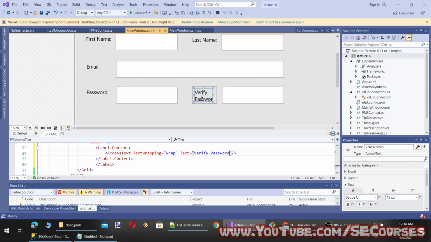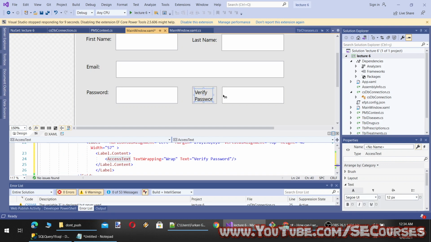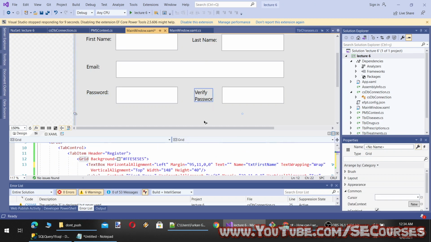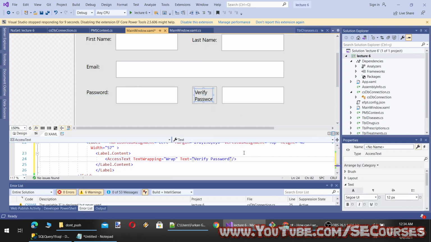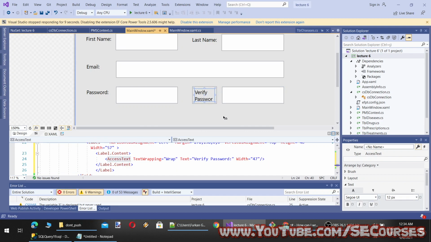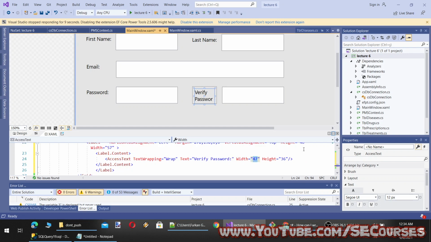You see now the text is put inside another box, so that's how it is wrapped. Let's make it like this. Can we make this maximum size? There is height and width, so let's make it the same as the content.